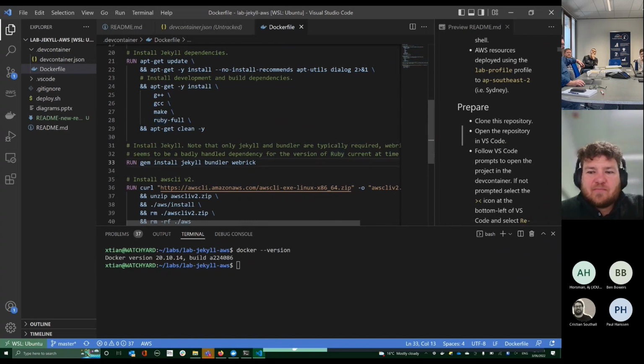Then once we've got the dependencies installed, we can use gem, which is the Ruby package manager, to install Jekyll itself. Bundler is kind of like NVM, I think. It's sort of a runtime virtualization for Ruby. And this thing, WebRig, isn't usually required, but at the time that I was building this, there